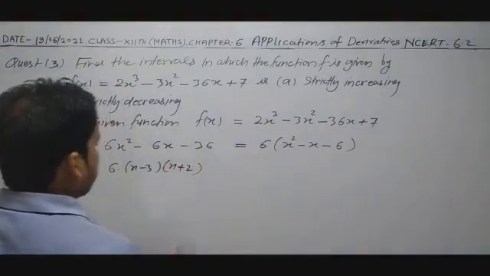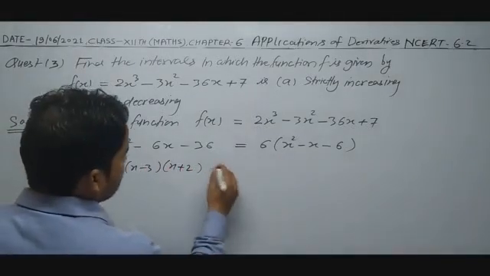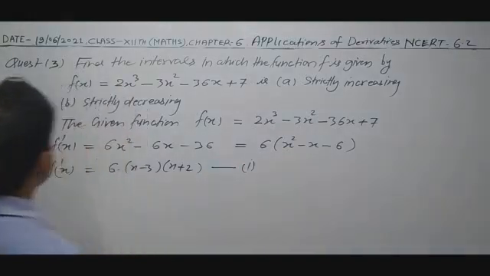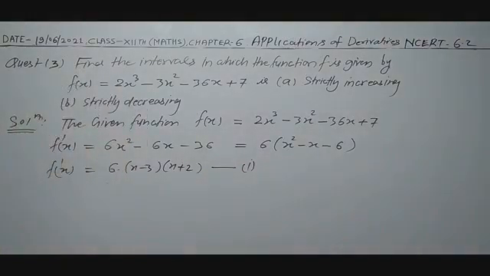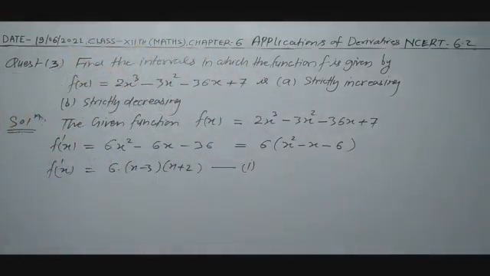When you multiply, you will get the result x square minus x minus 6. So this is the value of f dash x. Consider equation 1, and we have to find the intervals in which the function is strictly increasing. For strictly increasing, you will compare f dash x with greater than 0. So case 1,